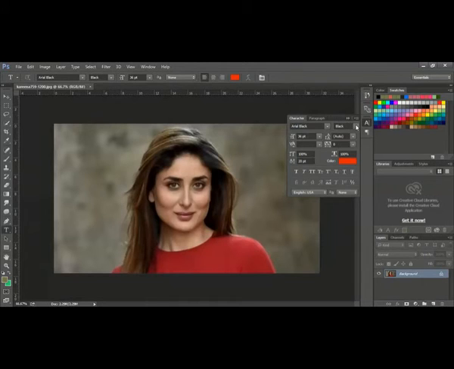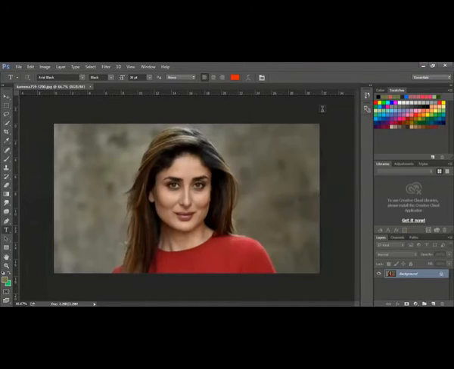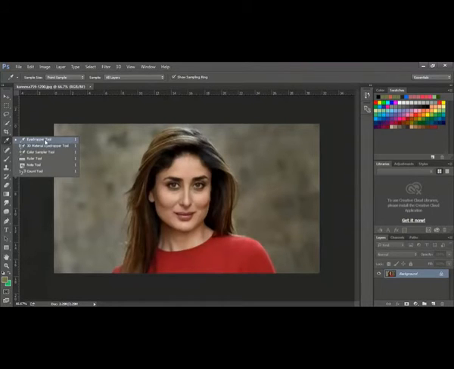I have an image here. There is an option here called eyedropper. Shortcut is I. Eyedropper is used to select a color from a picture. When I click the eyedropper, you can see now the foreground color is a little gray and background color is green. When I use this eyedropper and pick a color, automatically your foreground color will change.